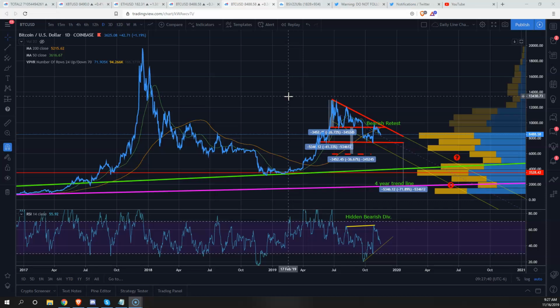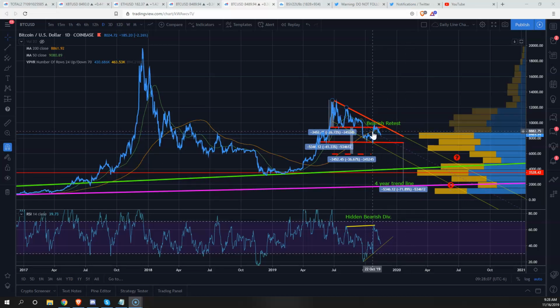Again, if you're not sure what line charts are or how they work, essentially they're just drawing a line from the daily close from one candle to the next, or whatever time frame you're looking at. So this removes all of the noise of the wicks and the tails, and you get a very clean picture of what's actually going on. We have the smaller descending triangle up here with a target down around 6 grand. We have the bigger descending triangle with the target down around 2 grand. And we have our 50 and our 200 moving averages.